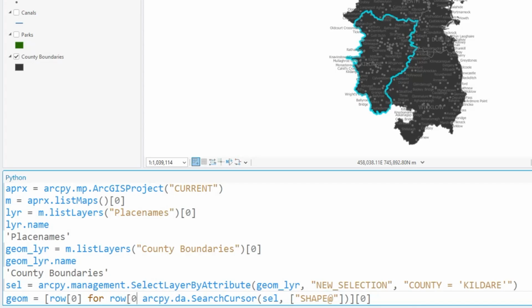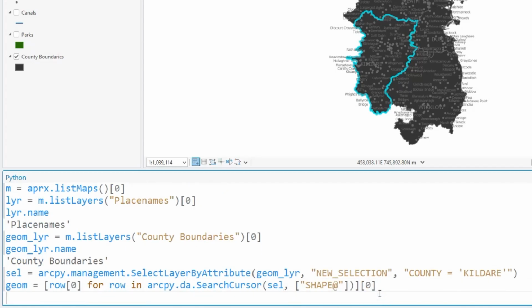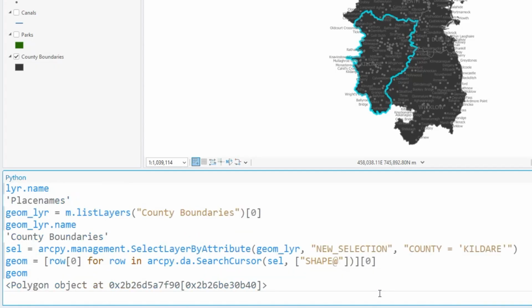You can see I have a mistake there. That should be row. So let me just read this. So for each row returned in our ArcPy search cursor, on our selection, we want the shape token. If there were multiple in the selection, we would have multiple returned in the return list. And we're only accessing the first element returned. So if I click enter there and I can print geom to screen, we can see it is a polygon